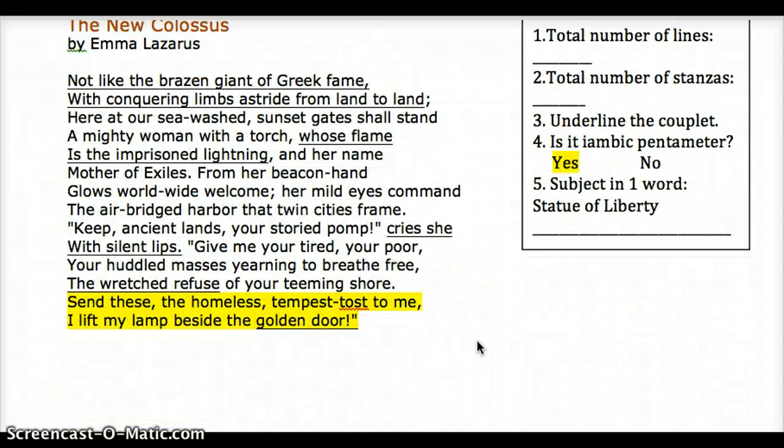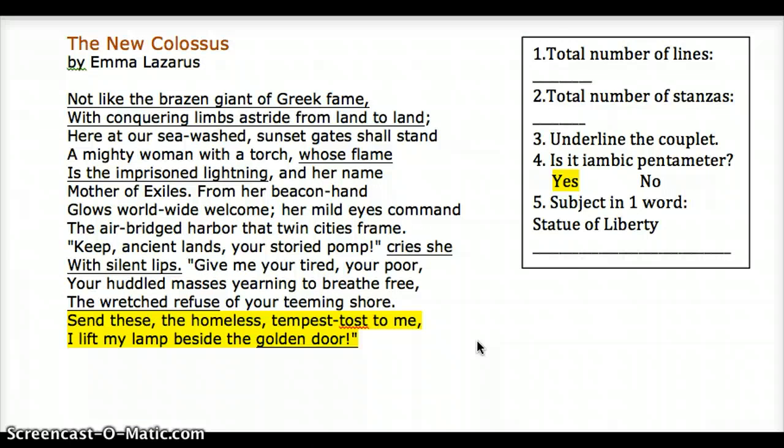Here's your next one. This one you maybe needed a little help figuring out what it's about, or maybe you figured it out from the clues. This one's called The New Colossus, and it's actually talking about the Statue of Liberty and how she is kind of a new feature in the world. This was written a little while ago, and kind of what she represents for our country.